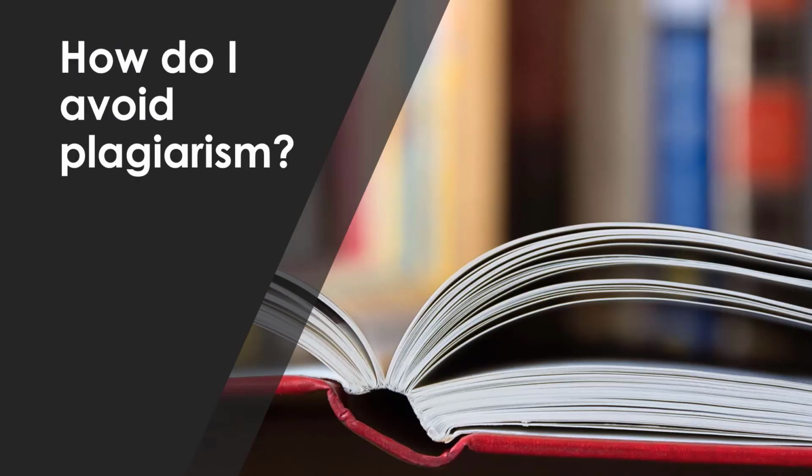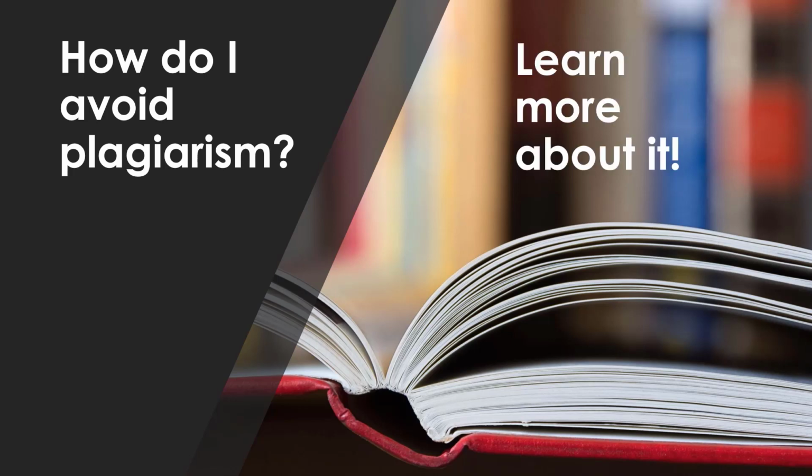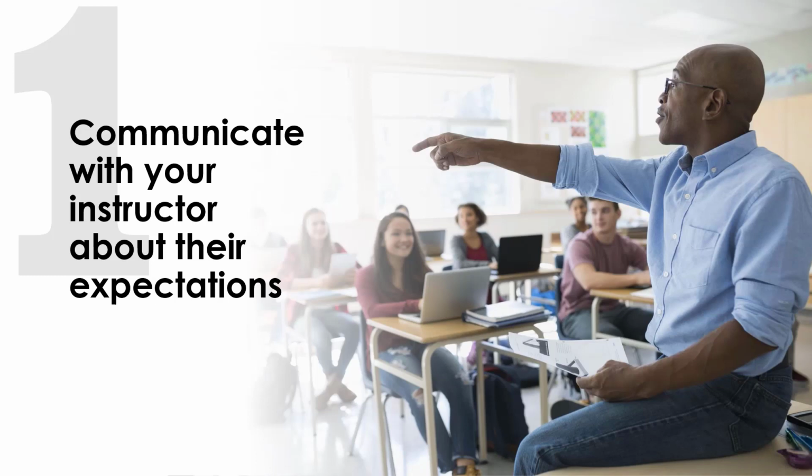A common question students ask is, how do I avoid plagiarism? The number one best way is to learn more about it, like you are doing with this video series. Here are some specific strategies you can use. First, if you aren't sure about the expectations of your assignment or project, ask for clarification, particularly if there isn't a clear explanation about what the standards are for plagiarism, such as getting a failing grade, or what is counted as plagiarism. Be aware of what the stakes are for your assignment or project and how it might influence your relationship with your instructor or committee. Remember, academic dishonesty breaks the trust between you and your instructor or committee.